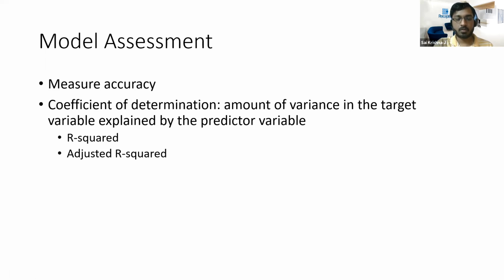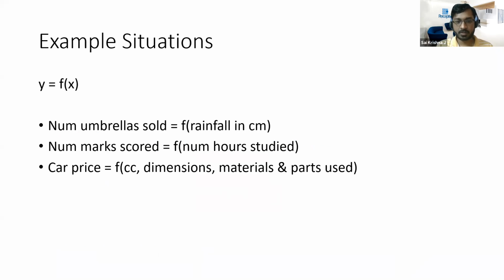Okay. Now the difference comes when you are going with a multiple linear regression model. So when you have more than one independent variable, that is where you need to make a distinction between R squared and adjusted R squared. Okay. So for example, you see the third example over here. Let's say you run the first iteration of the linear regression. You model the car price as a function of the CC of the car. Okay. And then in the next iteration, you model car price as a function of both the CC as well as the dimensions of the car.